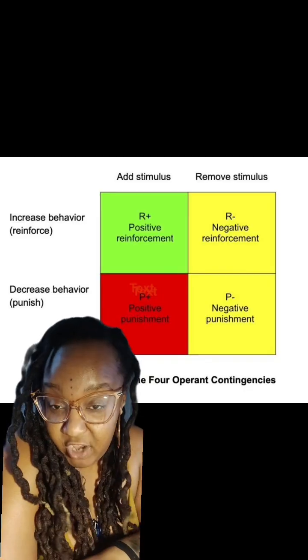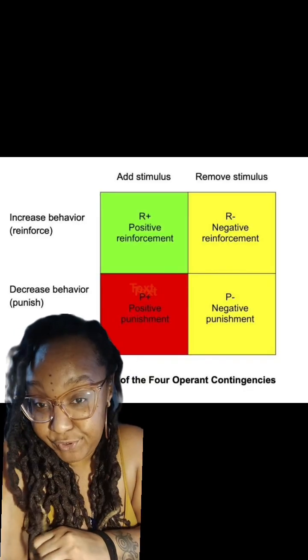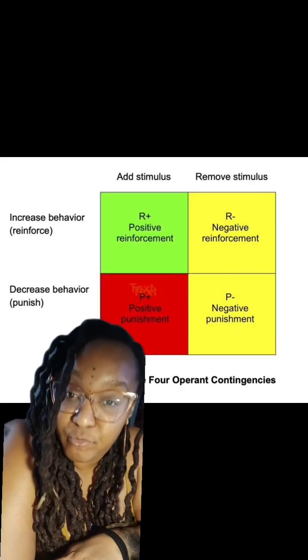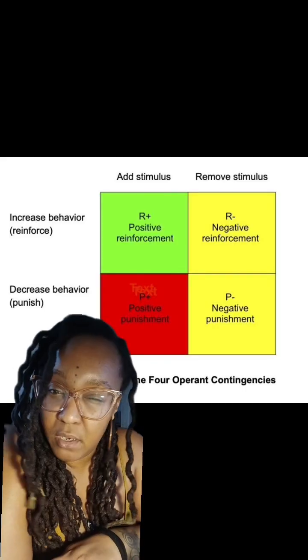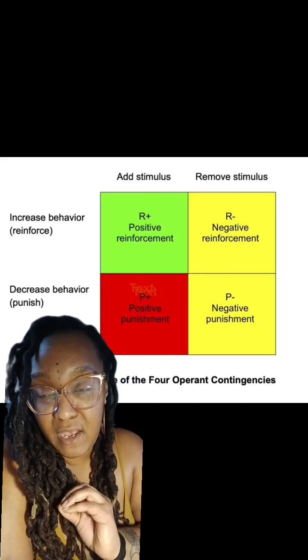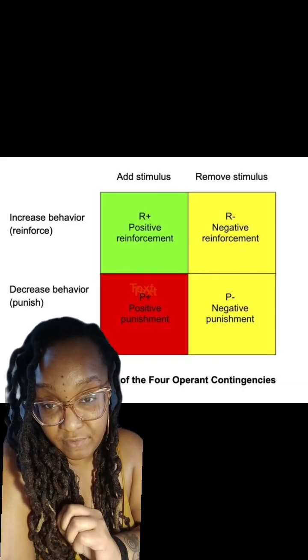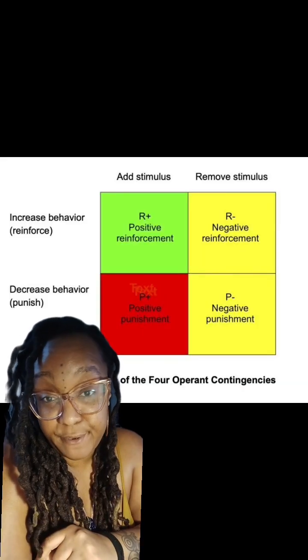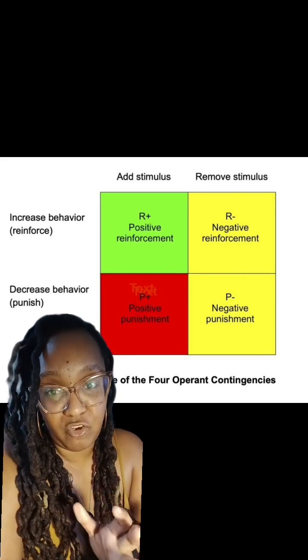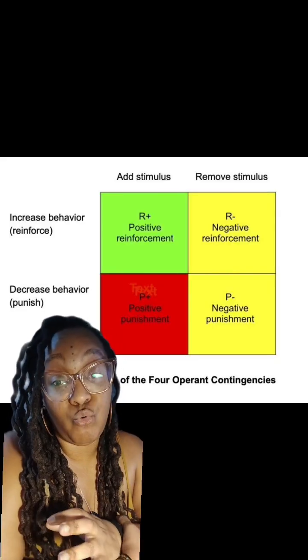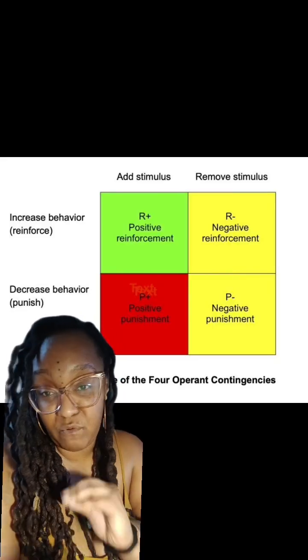And just overall, making a child miss out on activities that they might actually want to participate in. Like, oh, now you can't go to that sports event that you were going to go to, or now you can't go to that birthday party, you know what I mean? Taking away or causing a child to miss out on activities could be placed under a negative punishment. And again, the whole point of punishment, positive and negative, is to decrease whatever that unwanted behavior was